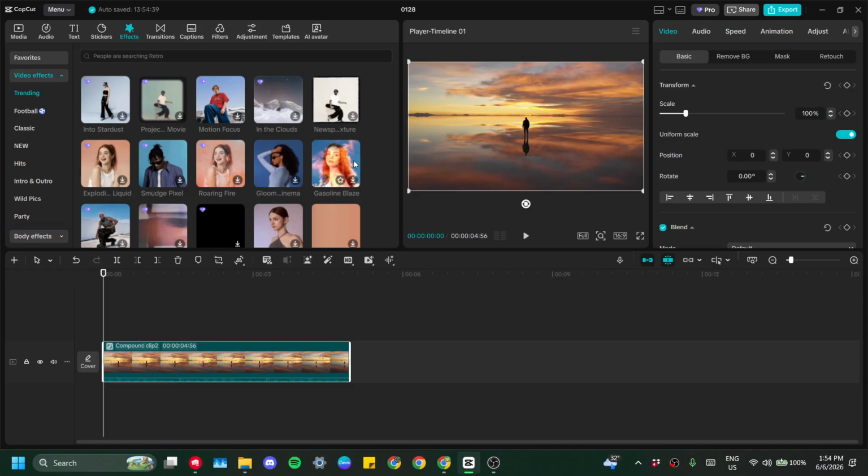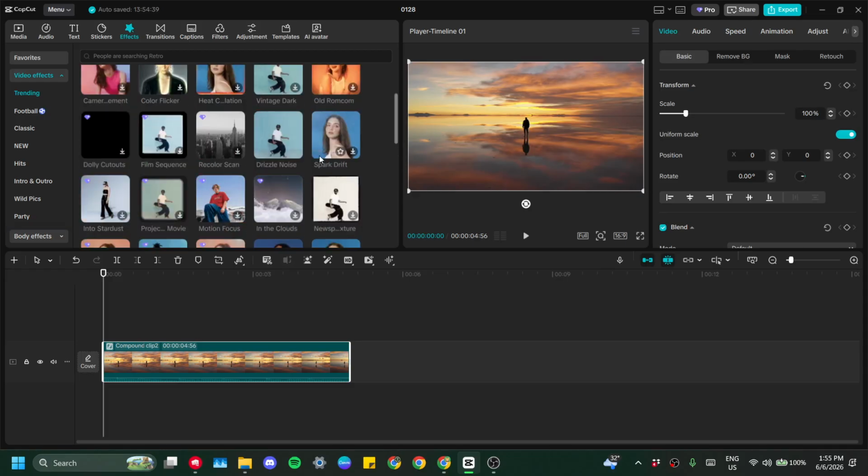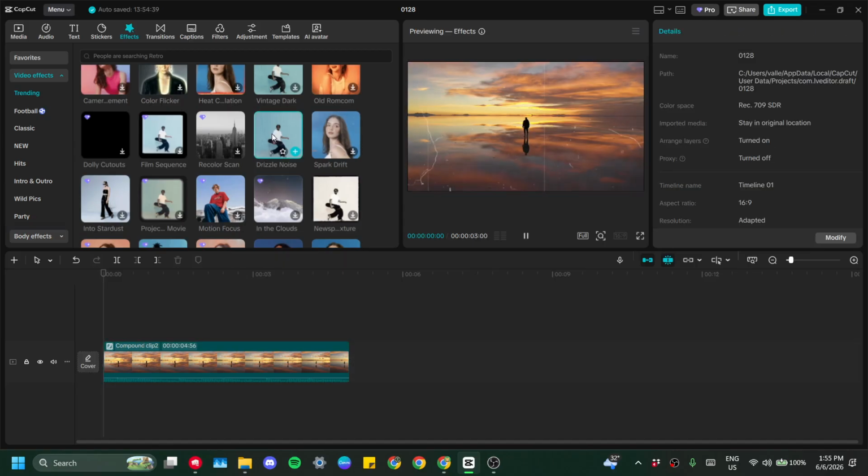If you only want to disable it temporarily, uncheck the box next to the effect name. That turns it off without fully deleting it, which can be helpful if you want to compare the before and after look. If you know you don't want it anymore, click the small trash can icon instead to delete it completely. And that's it. Whether the effect appears as a separate purple layer or is embedded directly into the clip